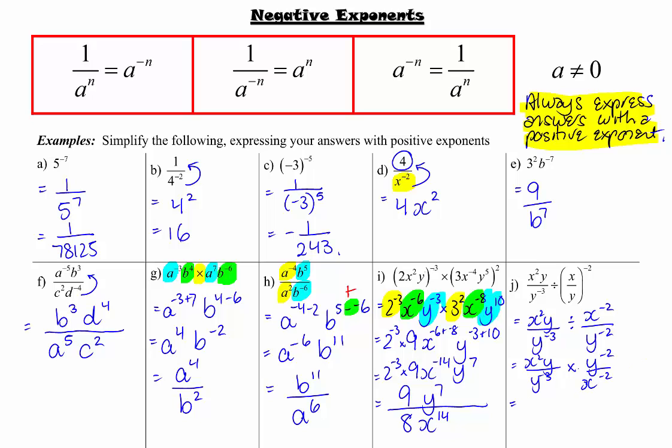And then I'm going to work across. So I have x squared. So what I mean by that, I'm going to look across first. I'm so going to run out of room. But anyway, I've got x squared y to the 1 take 2 is negative 1. And on the bottom, I have my y to the negative 3 and my x to the negative 2. So that then becomes,